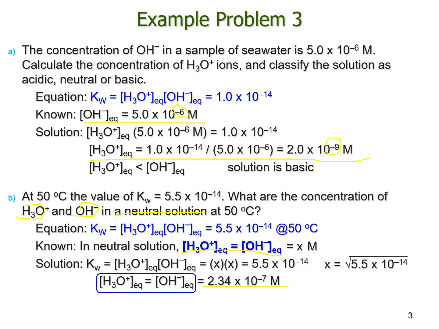Before we leave this slide, one thing I want you guys to realize. When we talk about a neutral solution, the concentrations of hydronium and hydroxide must be equal and always equal. It doesn't matter what value comes up. It could be 1.0 times 10 to the negative 7, or it could be some other value like 2.34 times 10 to the negative 7. As long as it's neutral, these two concentrations must be equal. It just happened to be 1.0 times 10 to the negative 7 if the temperature is 25 degrees Celsius.